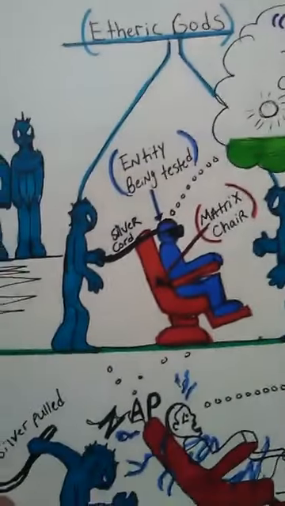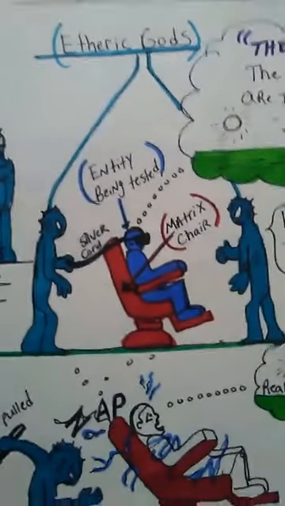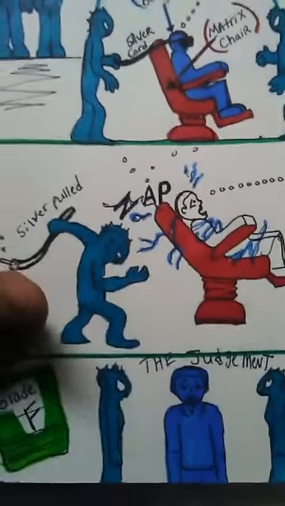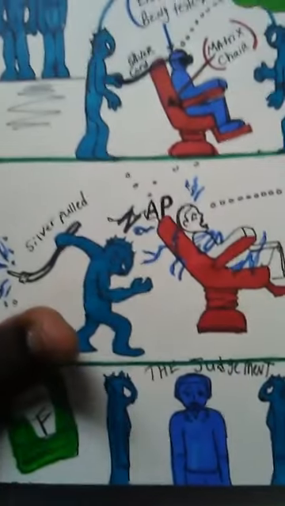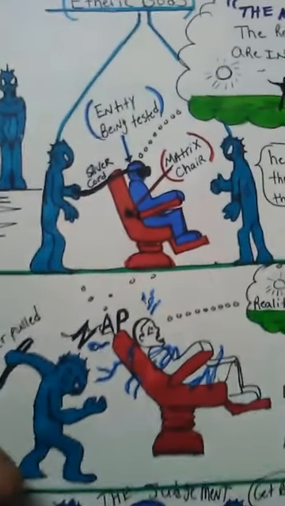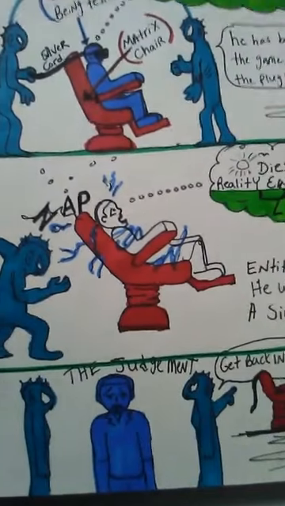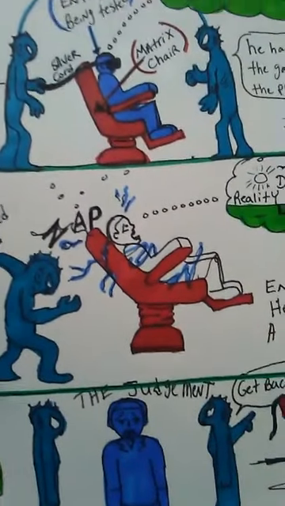Now, why is the spirit going back to the etheric gods? Because the etheric gods, they unplug you from this matrix. So once they pull the plug out, you see right here? Once they pull the plug out, you died in this reality. And now you must return to the etheric gods. Now, why does it say the spirit goes back to God who gave it? Because you got to return for judgment.